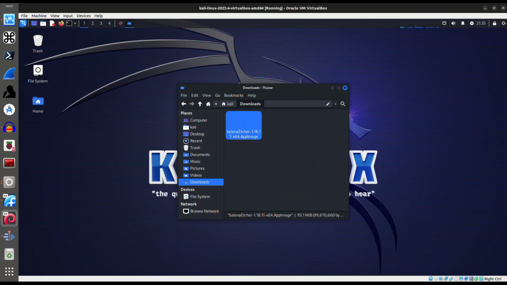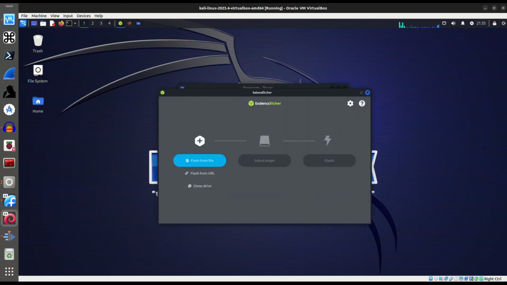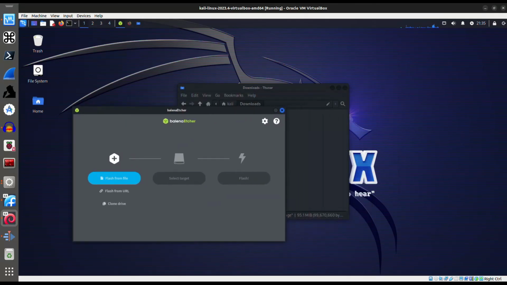Now I should be able to hit execute, and it opens up the GUI. So if you're not comfortable with the command line, and you're more comfortable using the file manager and the method that I just showed you,